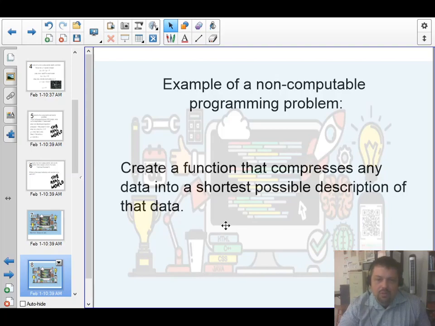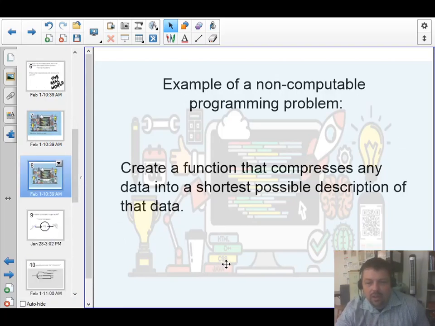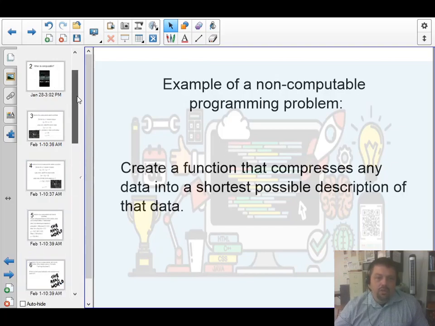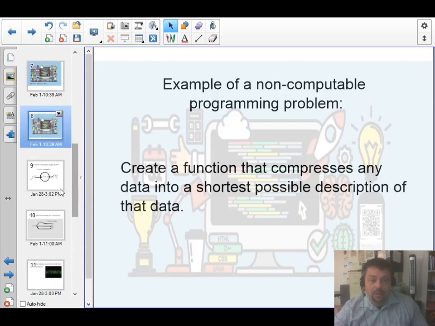There would always be room for more compression, up to the point where you would never list enough steps to make that possible. So we could never do this. This is a non-computable problem. And so computable problems can be solved with step-by-step instructions. Non-computable problems can't. And that was very important to understand for early computer scientists that developed the computers we use